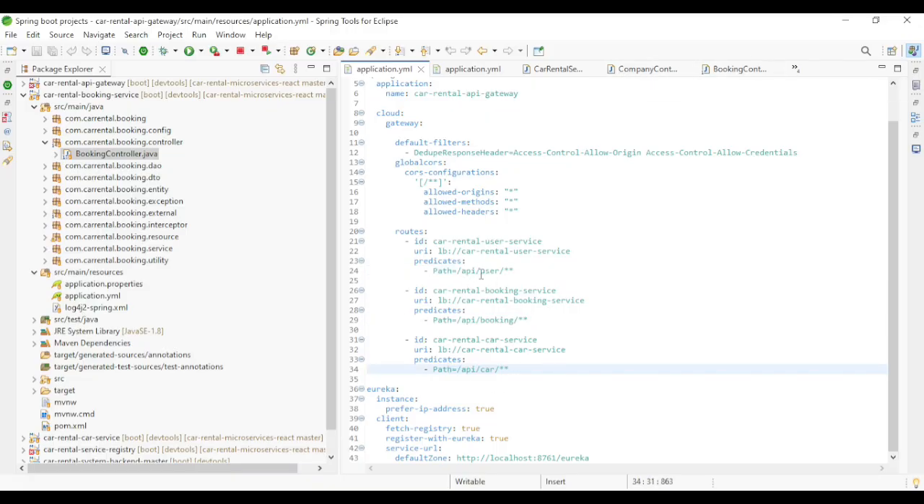So I hope you are getting my point. We have added the prefix here. That means if the request coming from the front end has the prefix API user, then we will route that to the user service. And if it is for the API booking, then we will route that to the booking service. But if you notice here in the load balancer, this LB means load balancer,